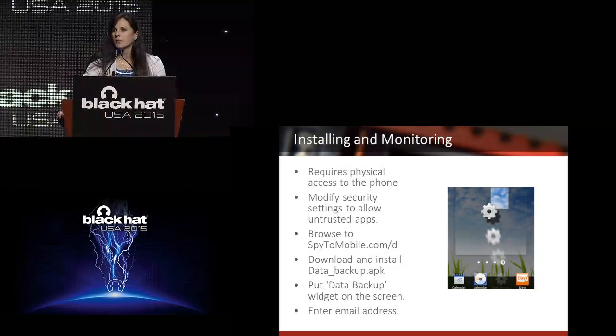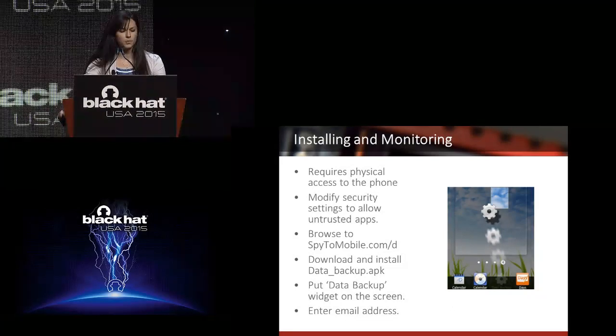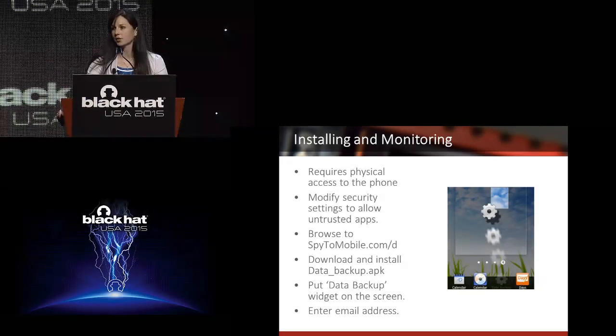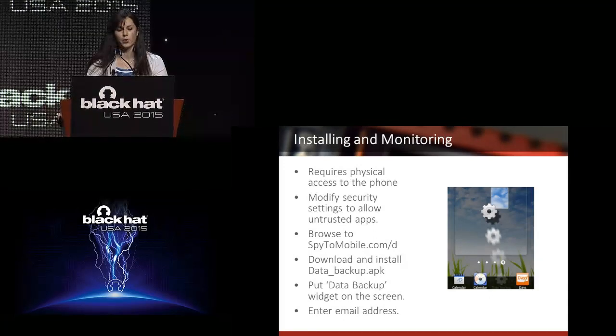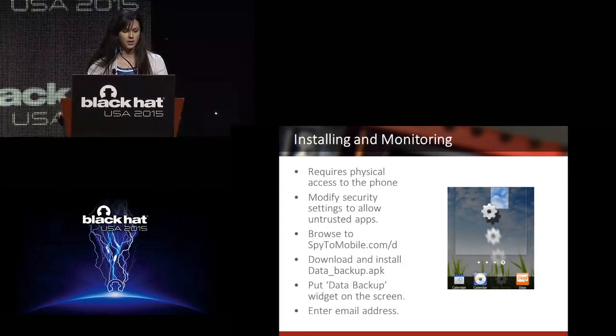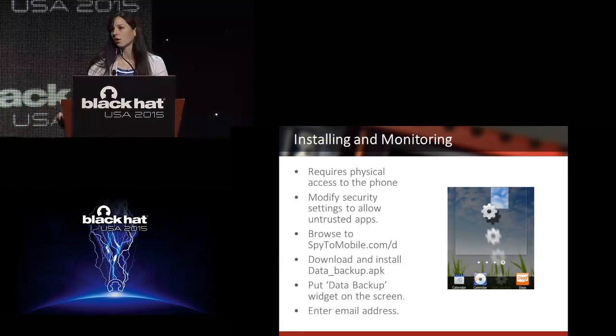So just like with mSpy, installing Spy2 Mobile requires physical access to the phone. The attacker has to go in and modify the security settings to allow untrusted applications. From there, they can open up a browser such as Google Chrome and go to the spy2mobile.com website. From there, they can go and download and install its